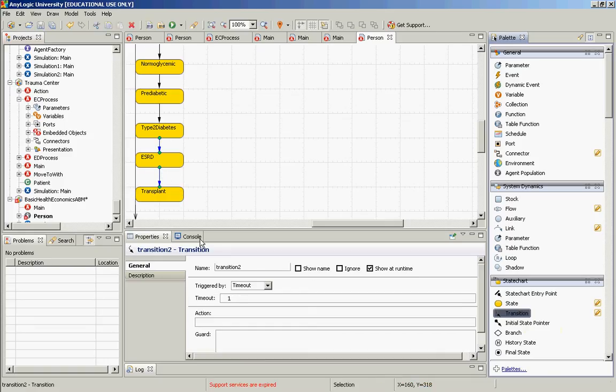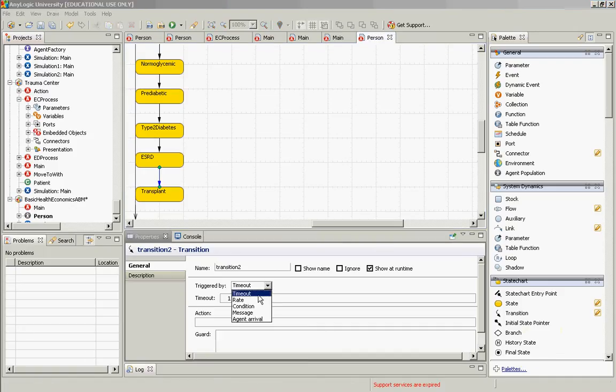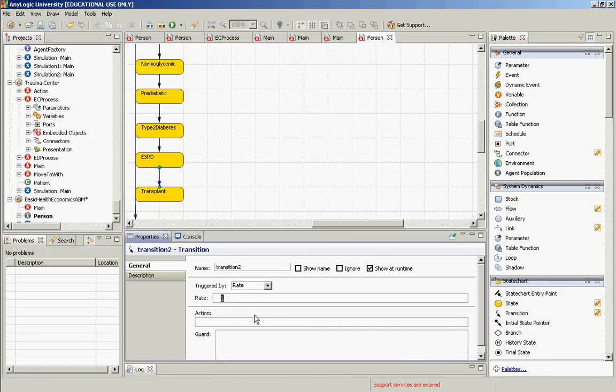Then have a progression onto transplant, offering a hopeful average time of about 5 years, but there's a competing risk associated with death,